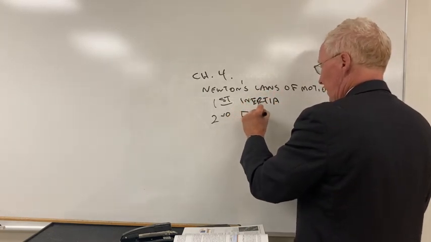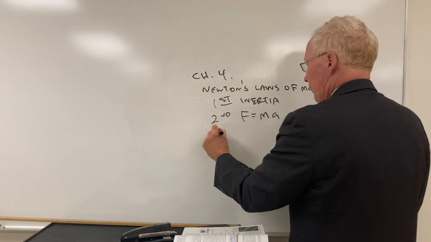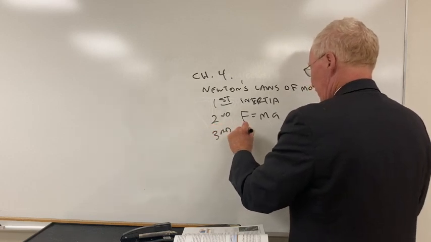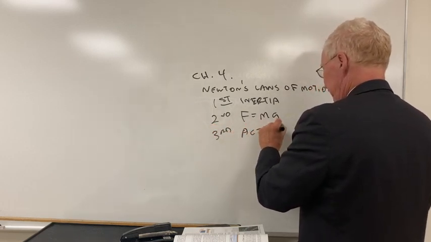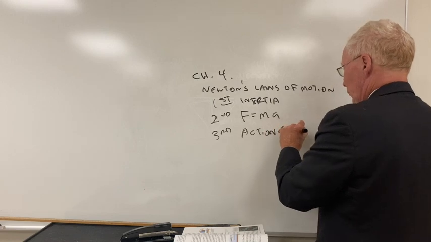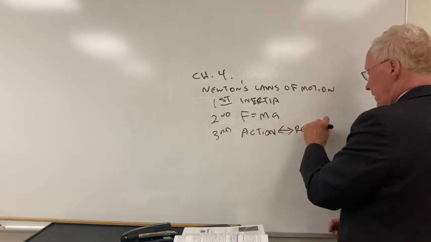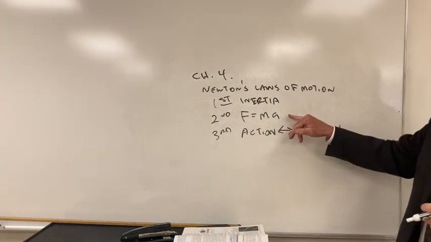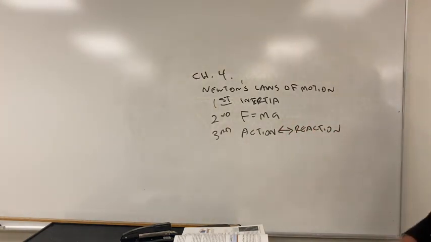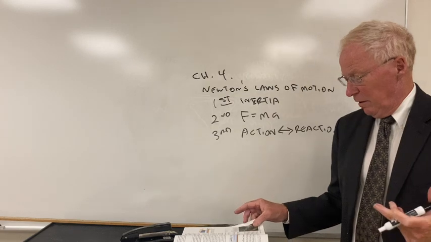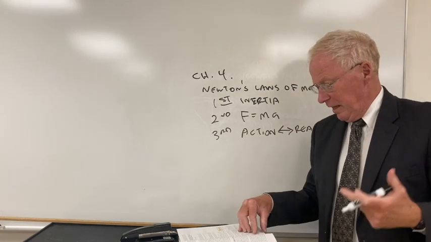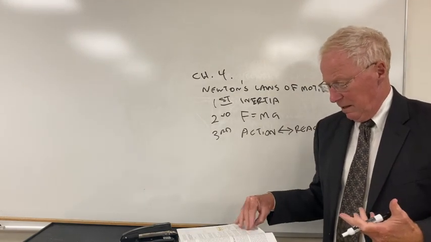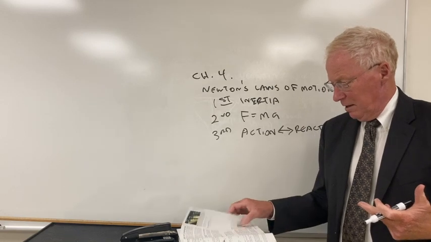Second, F equals ma. And third, action, reaction force, and examples related to that. So the only one where we really have calculations is related to the second law of motion. And we go through the problems of that, definition of mass,